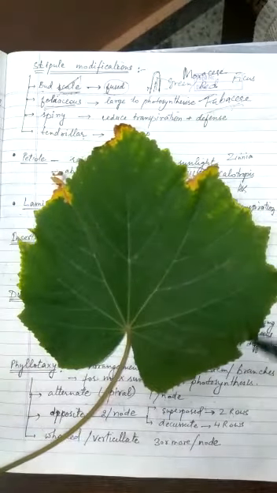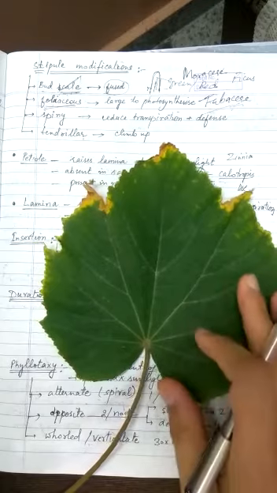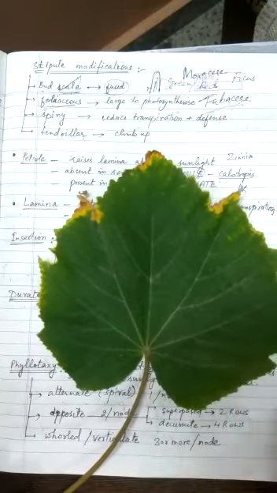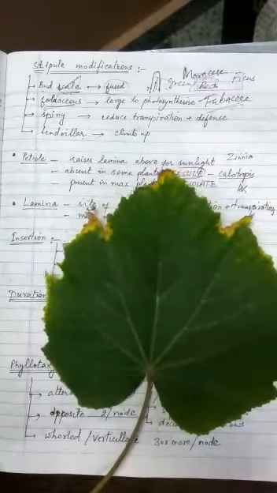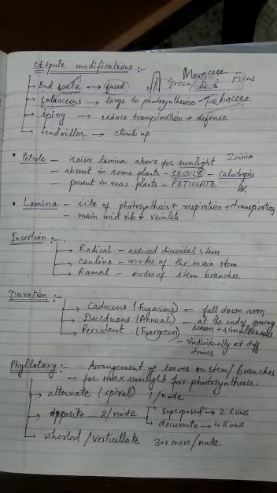Why expanded? To increase the surface area for photosynthesis. Yes, in some plants you will find it is thin, like threads or needles. That is because the plant could be surviving in dry conditions. When there is a scarcity of water, the plant makes its leaf into a small thin thread-like structure, like in the case of gymnosperms. In the case of pine tree, cedar tree, deodar or cheed, which grows a lot in the Himalayan range, you will find leaves are different. The reason is the environment they are growing in. So you will find the lamina is the real site of